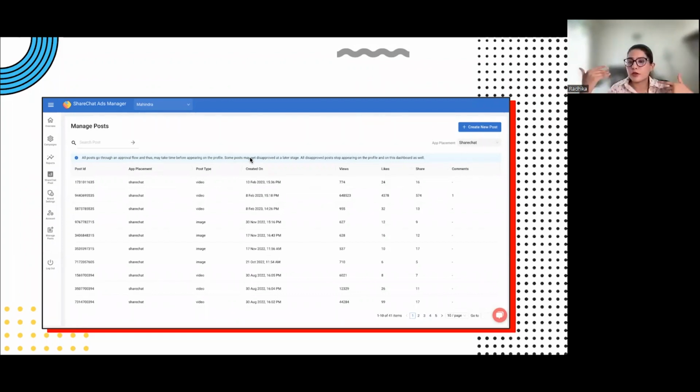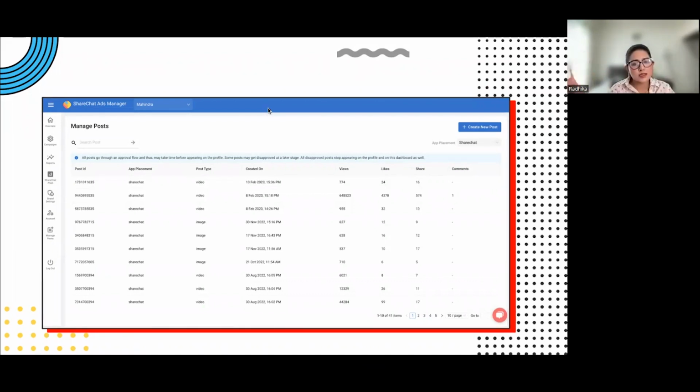And let me tell you, if you guys have not already observed, today we see most of the businesses looking at the storytelling angle of things, and they want to engage with the audiences in a step-by-step format. Either they want to tell a story around their brand, they want to explain their vision, they want to explain a process, so they use carousels heavily on other platforms. So this is also a very good way for our advertisers on ShareChat and Moj to experiment with carousel type campaigns and see the kind of engagement that they're able to observe via the managed post module also.